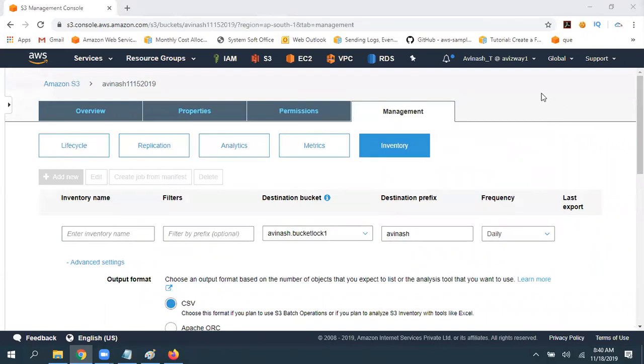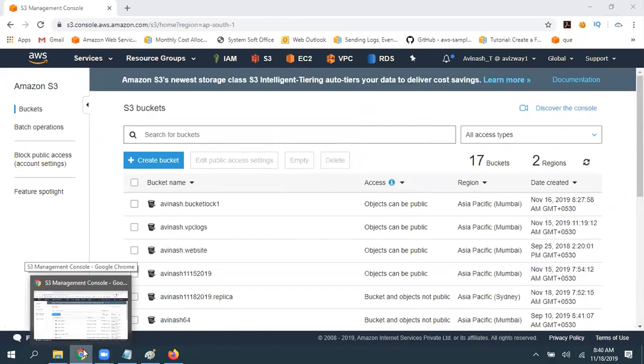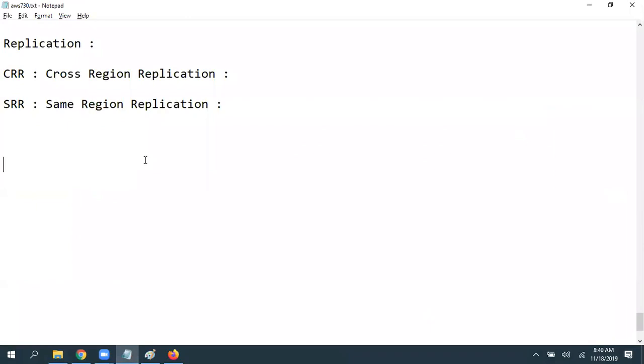Okay. So if you have a large set of data to upload or download, we have some features that we can use to upload or download all the data.